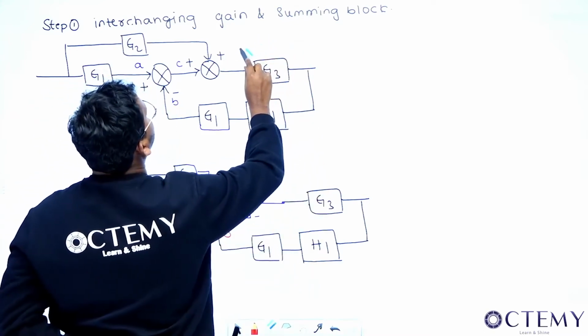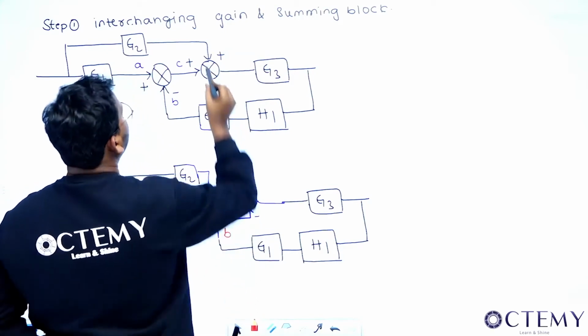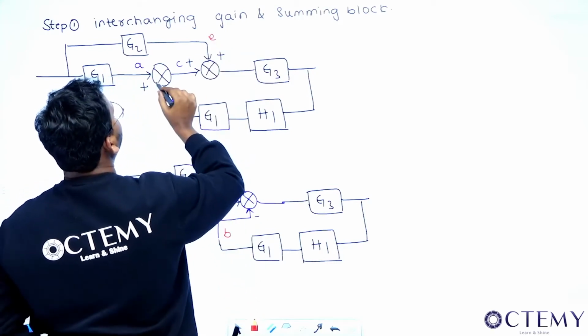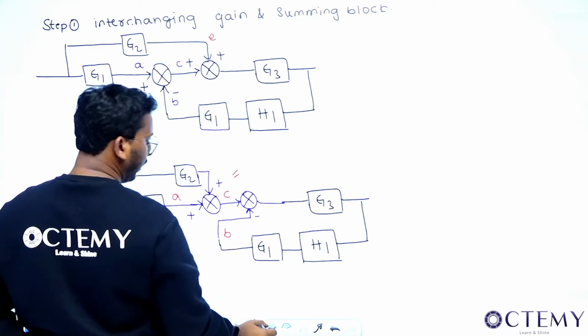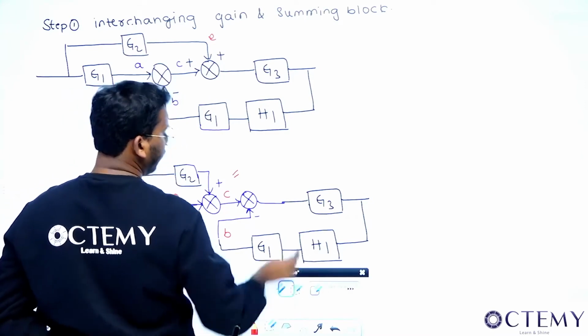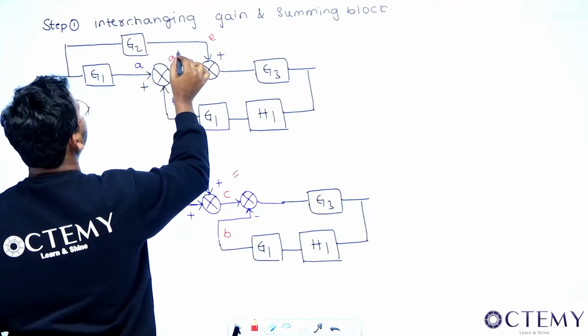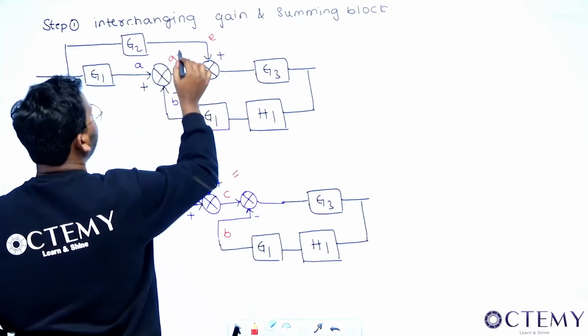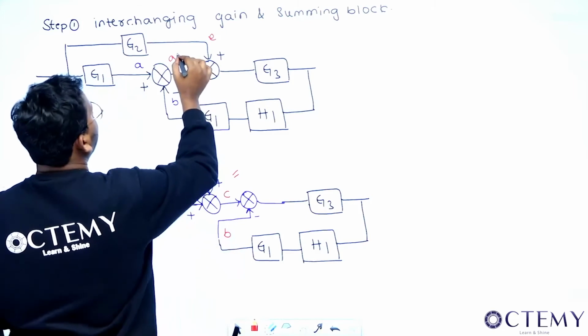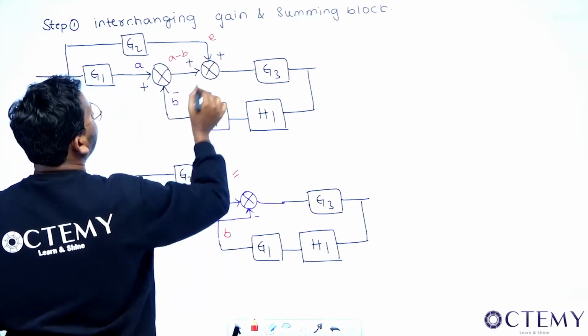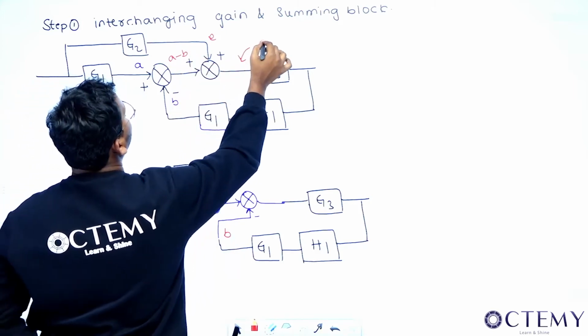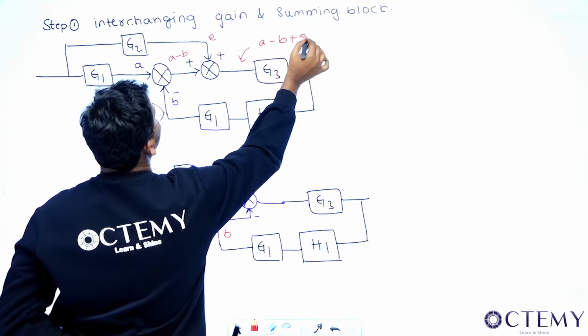Just a second. Let me call this E. So what will the entire output become? This C will become what, sir? You can eliminate this C, and in place of C you can write this is A plus B, this is A minus B. This is the A minus B output here, and the output here will be A minus B plus E.